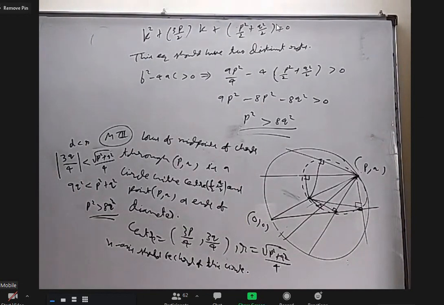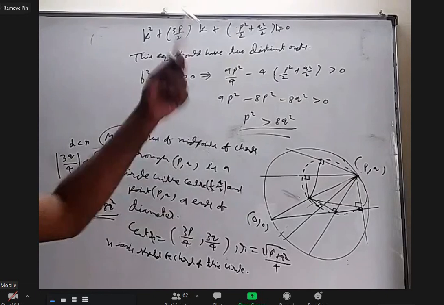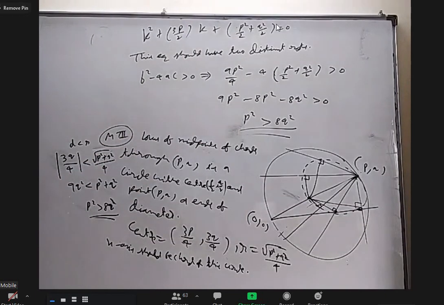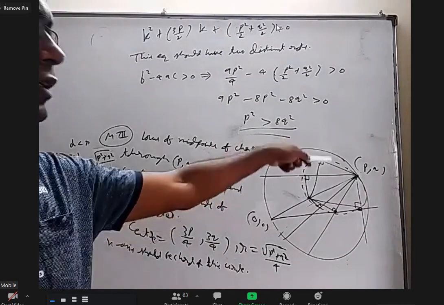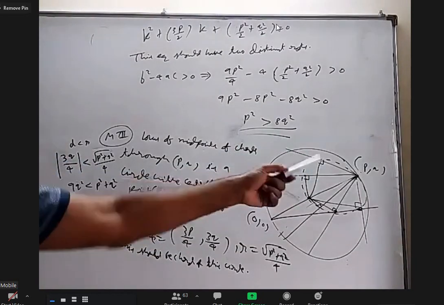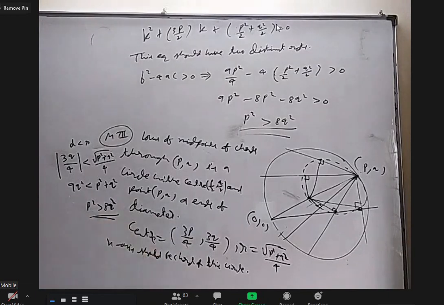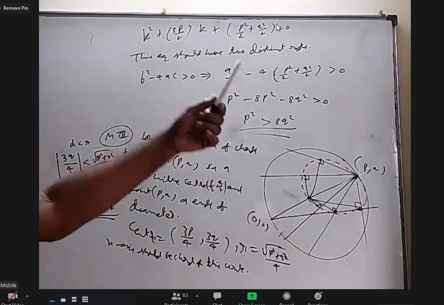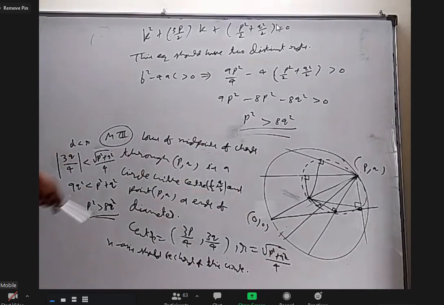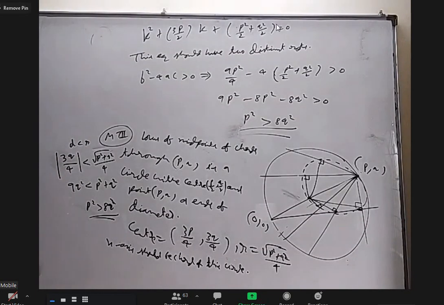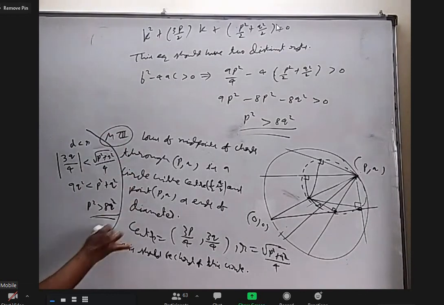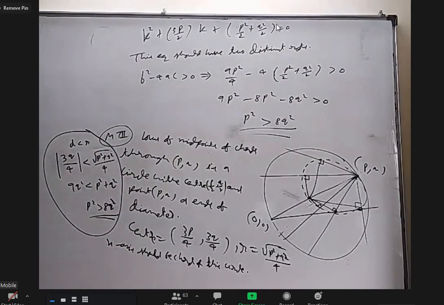The reason I am telling three methods is that in some other question, this method may be more useful than the first method. Here, the first method is a little better than the other two because it is easy to write. But at least you will remember that the locus of the midpoints of chords through a given point is a circle with this point and the center as ends of diameter. That much you will remember. For a line to be a chord to a circle, the perpendicular distance from the center should be less than radius. Is it okay? Third method? Yes, sir. Okay.